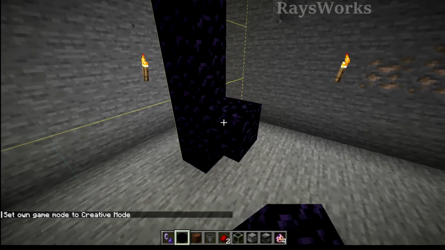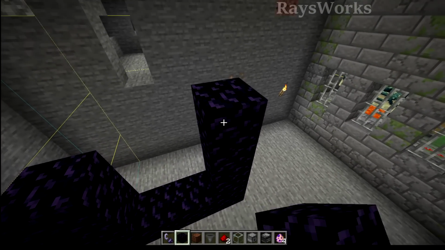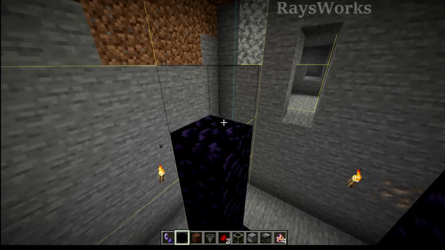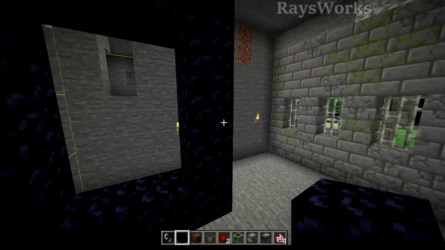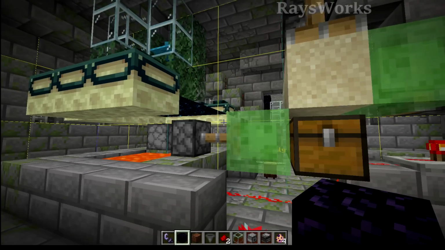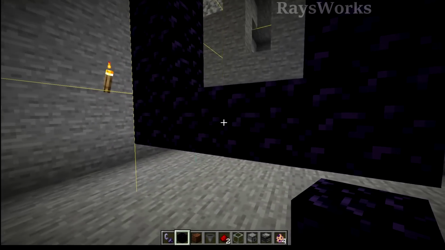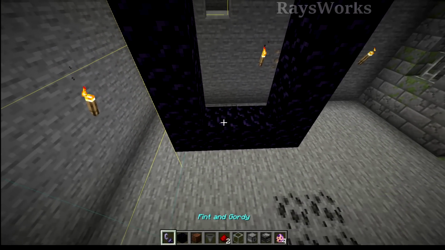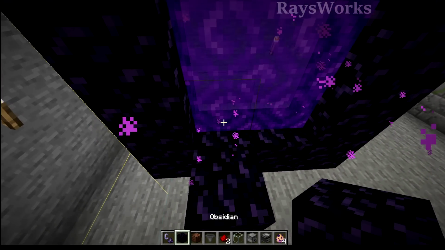So we're going to start out by building a nether portal here, and we want to build it so that it doesn't connect up with any other nether portals that we are using. This nether portal is just going to be used for chunk loading, and it isn't going to be used for the player to do maintenance on the actual machine or enter the end dimension. Because of that, we want to make sure that this portal is linked up with its own counterpart portal in the nether dimension. So what we'll do is first come over here and pull up our F3